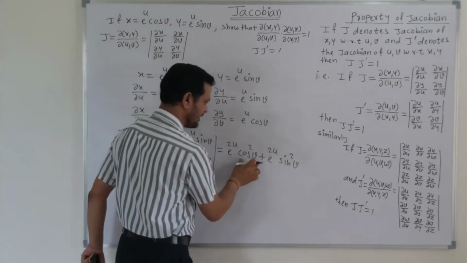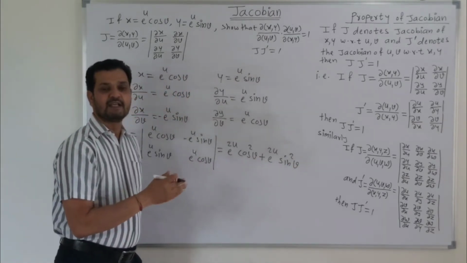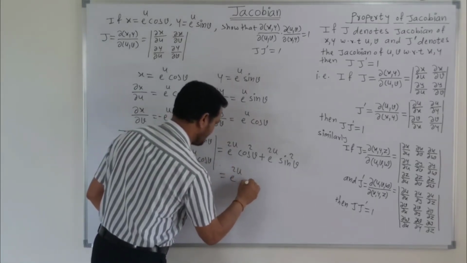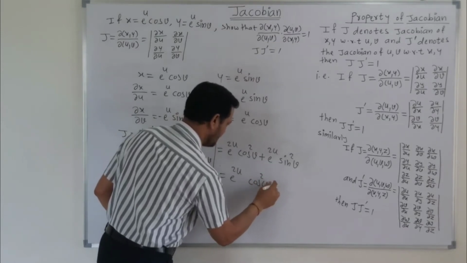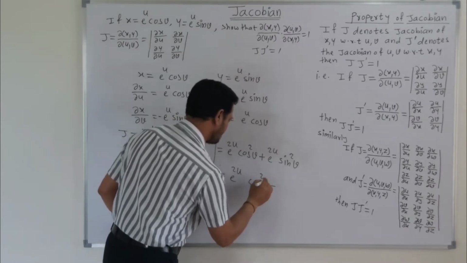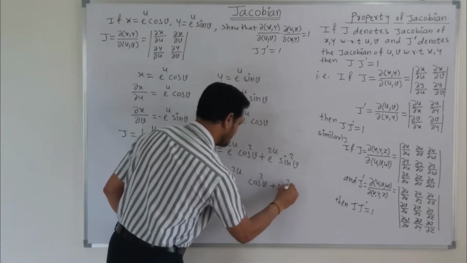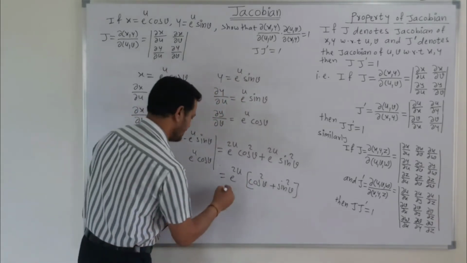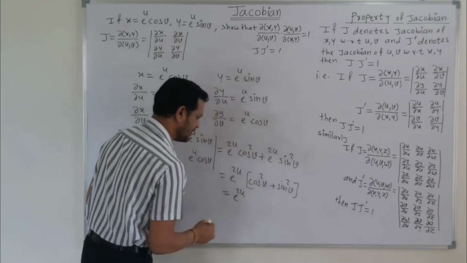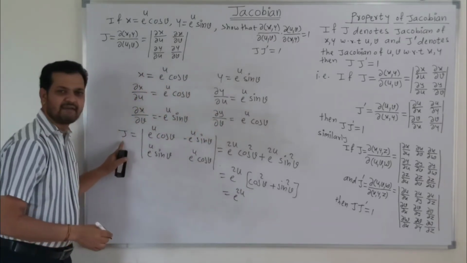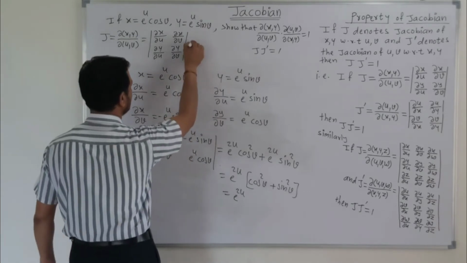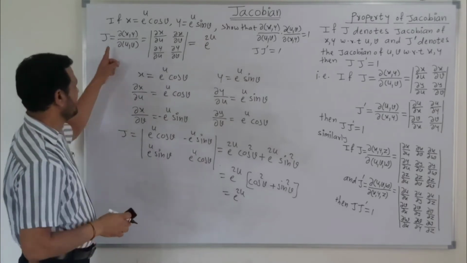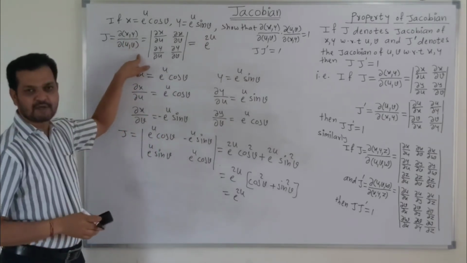So friends, we know that here cos square and sin square is there, and sin square theta plus cos square theta is 1. We can write according to this formula as e raised to 2u common, then this is cos of v, cos square of v, plus this is sin square of v. And we know that the value of sin square and cos square is 1. So according to this formula, we write this answer as e raised to 2u. So in this way we get the value of j. So for our simplicity purpose, we write this value here, which is e raised to 2u. So here we get the value of Jacobian of xy with respect to uv.